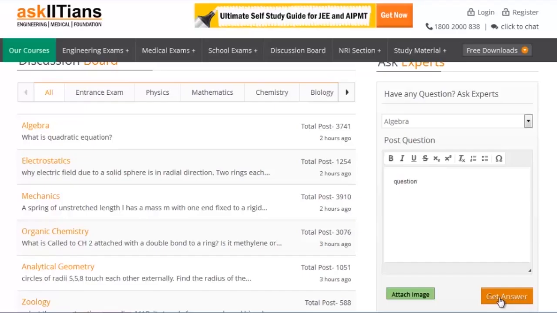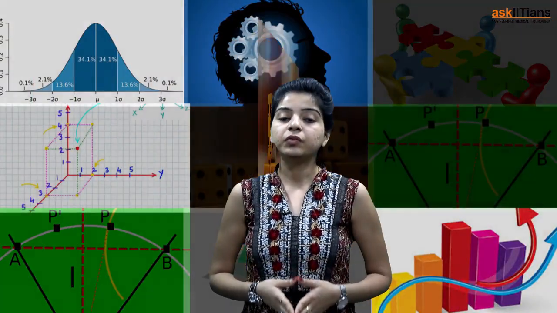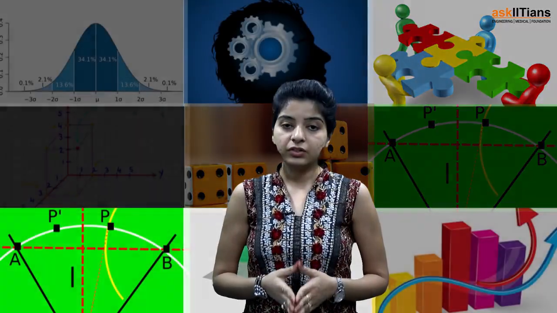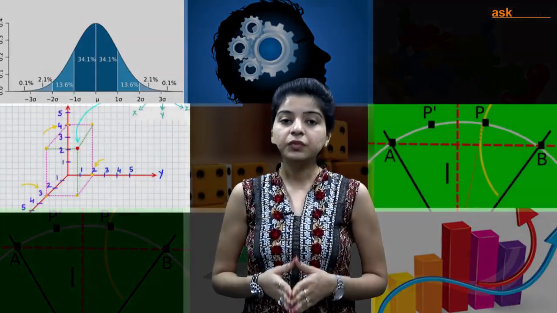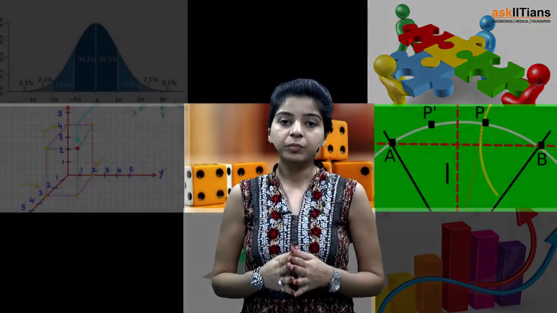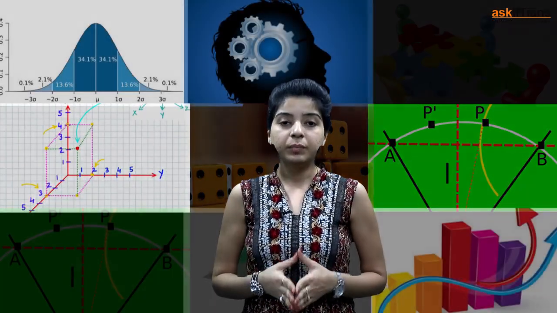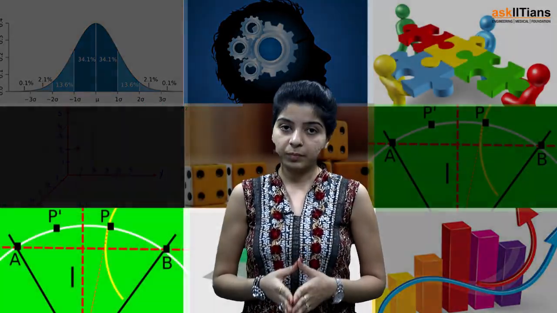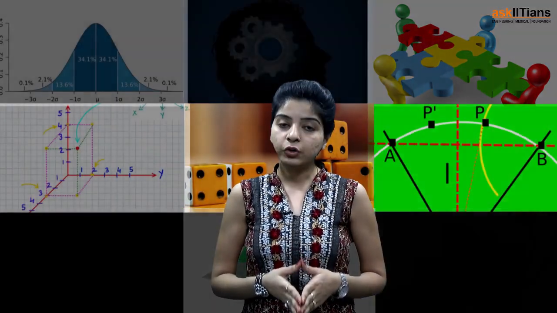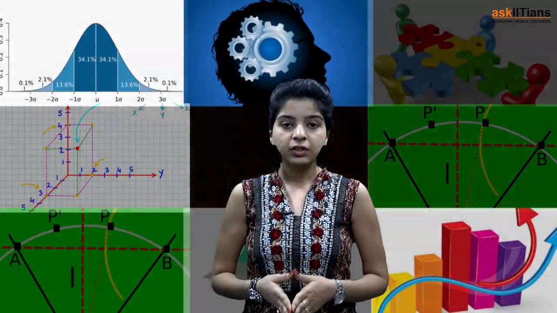Well, I hope you must have understood the concept of disjunction and the difference between inclusive OR and exclusive OR, as well as the concept of negation. Now in the next session we will be switching to implication, and we will discuss the various types of implication. You will get to know that basically there are 3 types of implication, and then we will also switch to the concept of contrapositive and converse. So stay tuned.